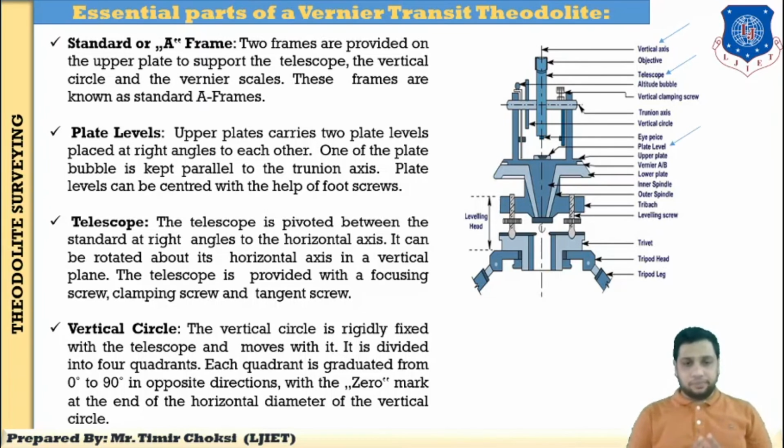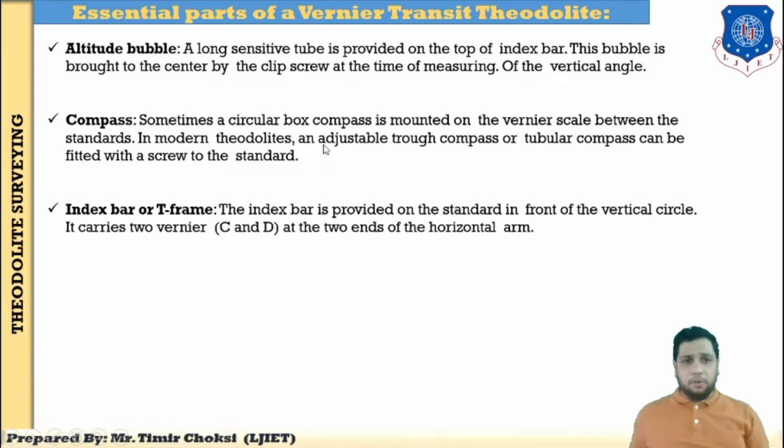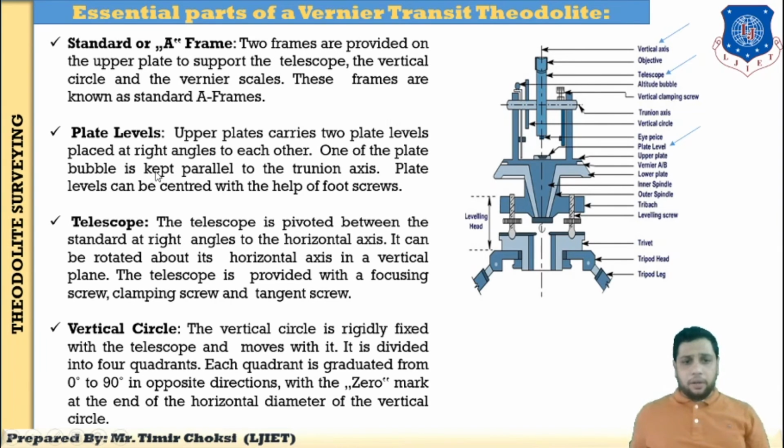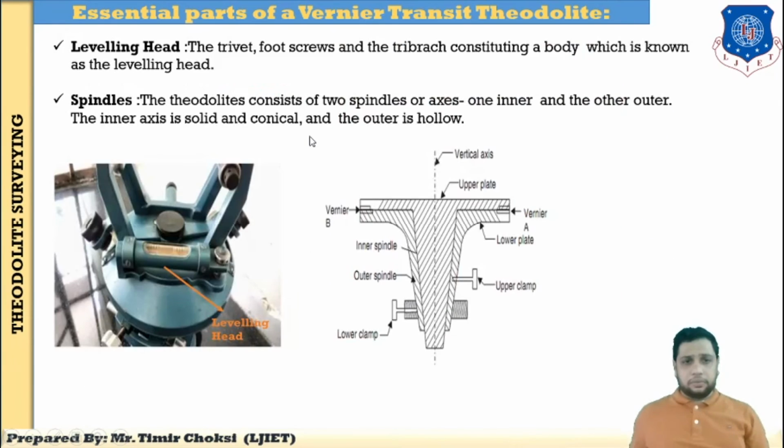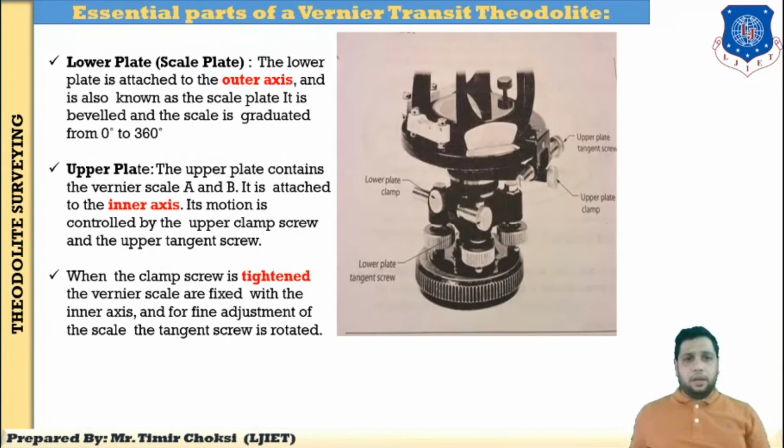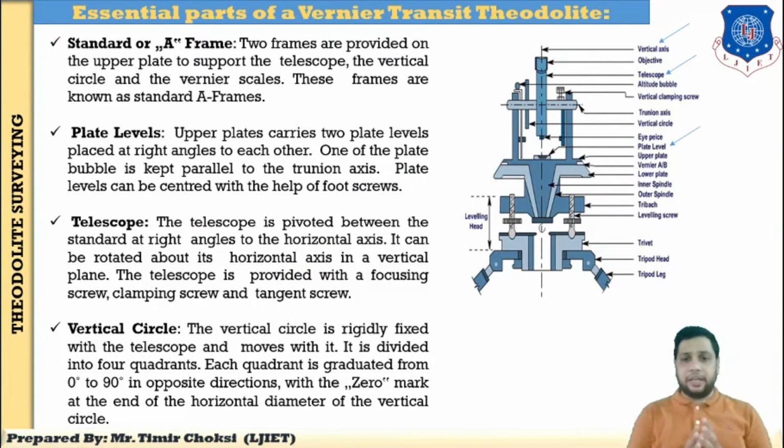Next is the vertical circle. In the lower plate, you know that the graduated reading is 0 to 360 degrees, but the vertical circle is rigidly fixed with the telescope and moves with it. Both the telescope and the vertical circle are fixed together. So when the telescope moves, the vertical circle also moves, and it is divided into four quadrants, each quadrant graduated